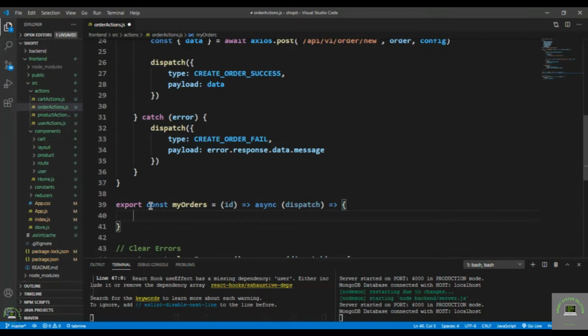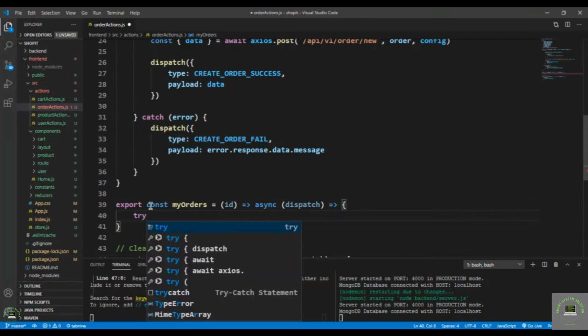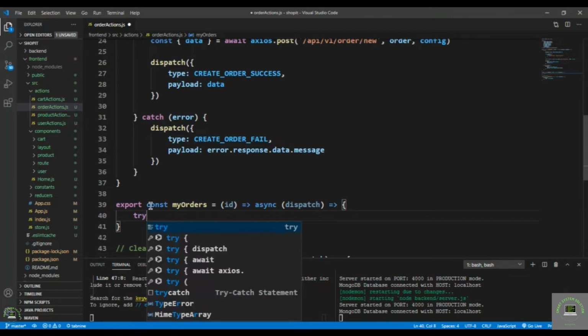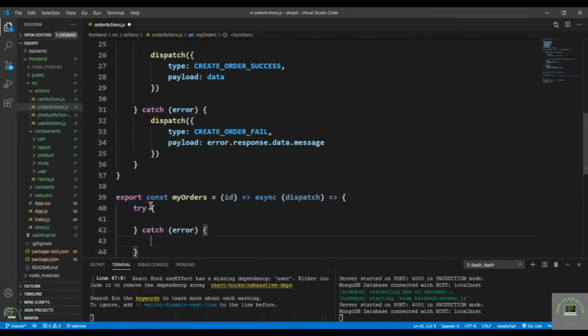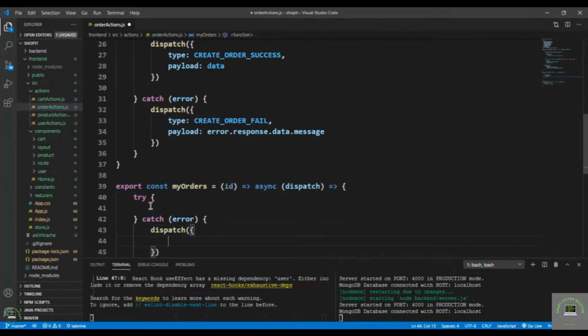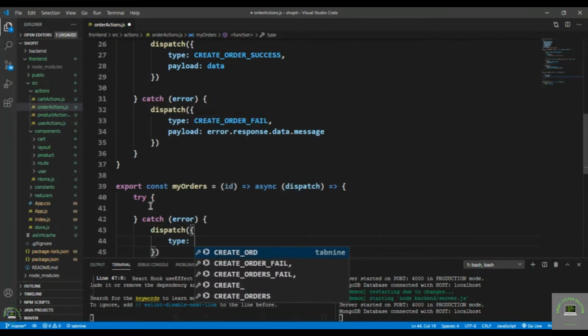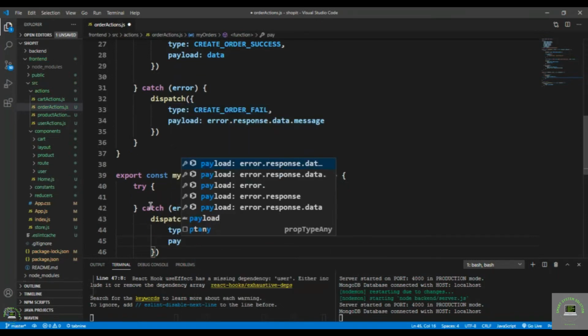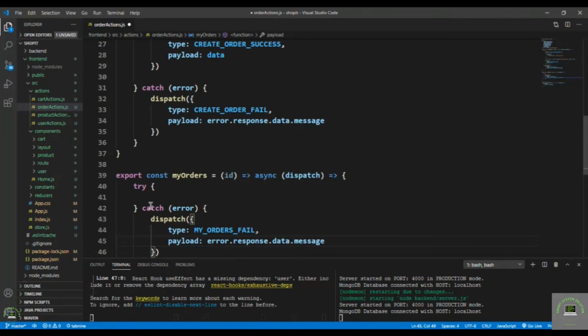In that I first of all put in here try catch, and in the catch I dispatch, the type is my orders fail, and then the payload is going to be error.response.data.message,